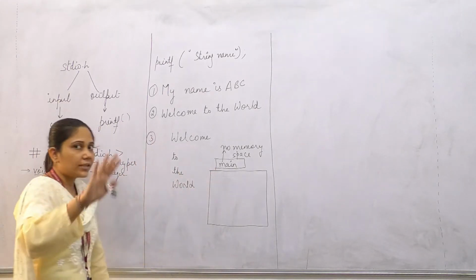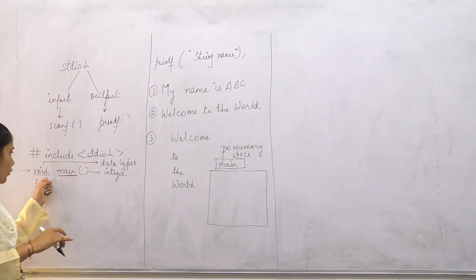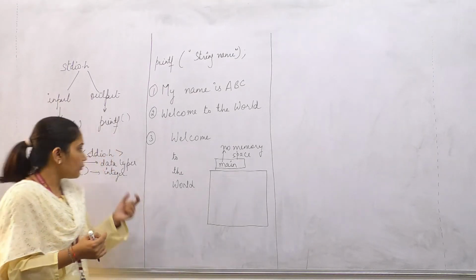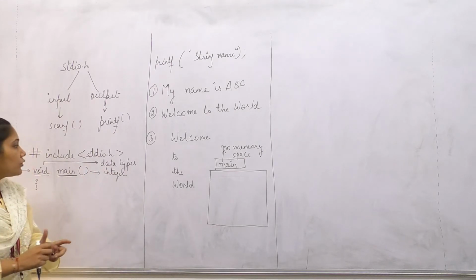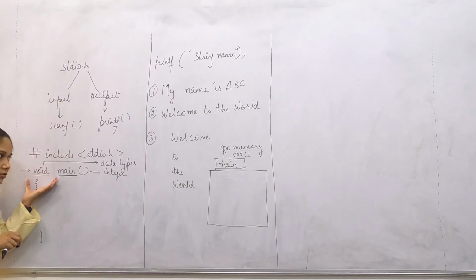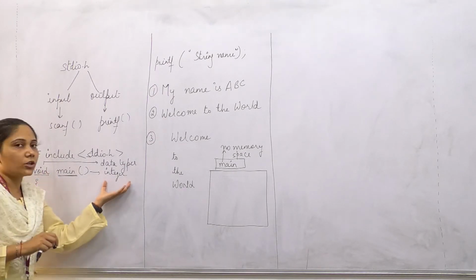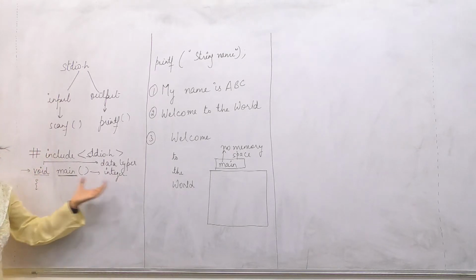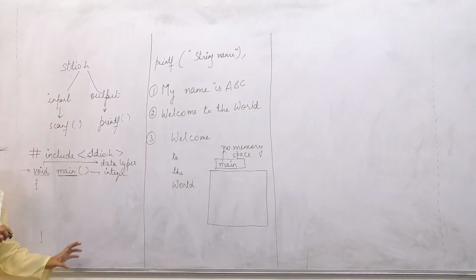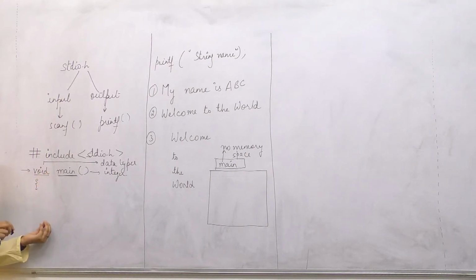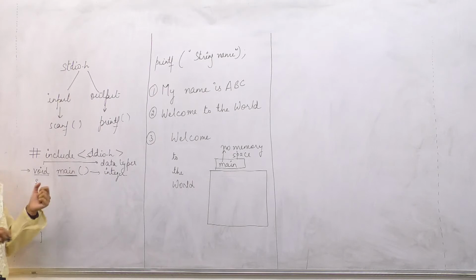Okay? So we will discuss it further, what void means and how it is returning, and whatever the words I am using, the return. So for now you just remember this, that in front of main you have to write void, and if you are not using void, then it will by default be integer type. So we will be discussing both types of program: if you are not comfortable with writing void, then how you are going to execute your program including integer, and if you are comfortable with void, then how you are including. I am going to use it with void.